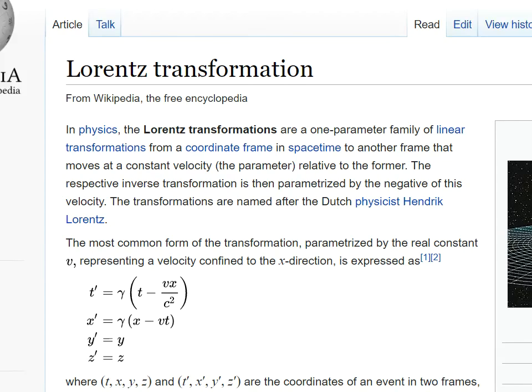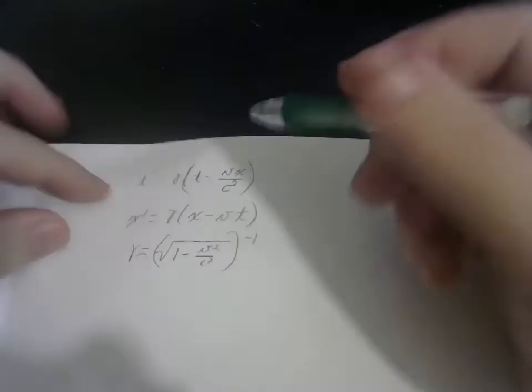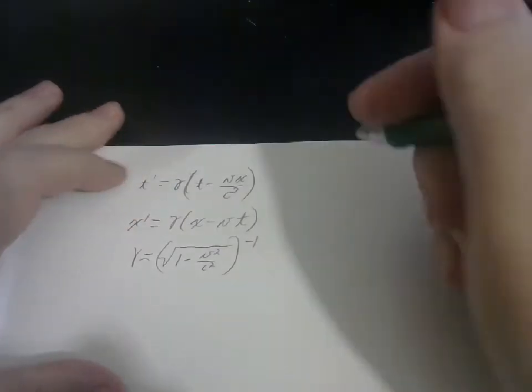Okay, now I'm going to go out to the internet and find on Wikipedia the Lorentz transformation, and it says t prime equals gamma times t minus vx over c squared, and x prime equals gamma times x minus vt. I'm going to write those down, and furthermore the definition of gamma is this thing right here, the square root of 1 minus v squared over c squared, to the negative 1. So I've got this all written down,